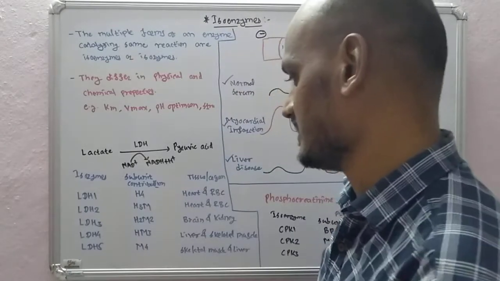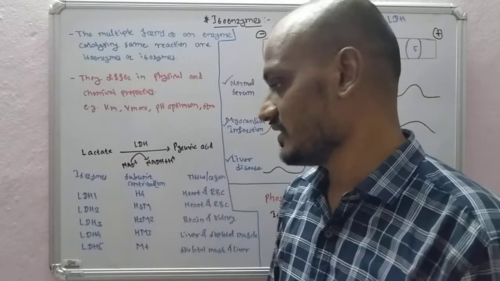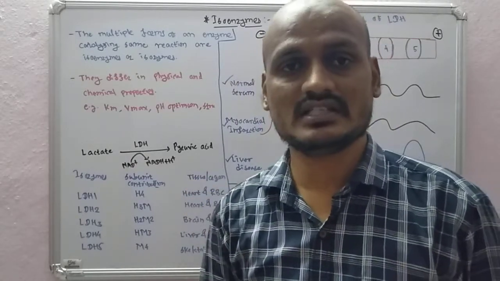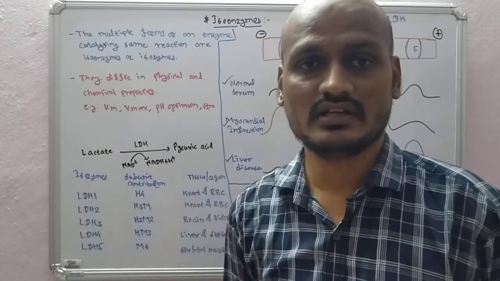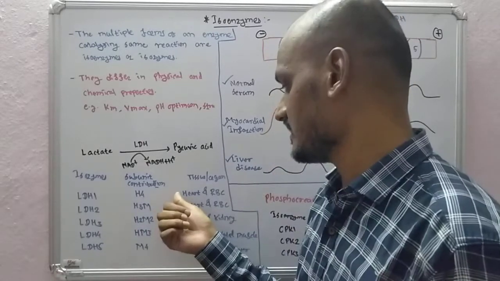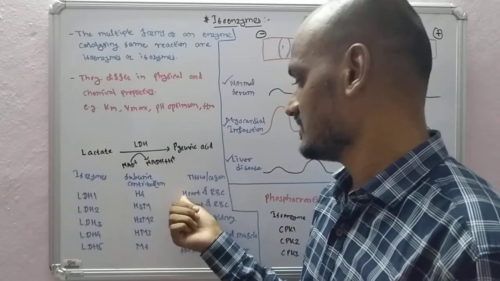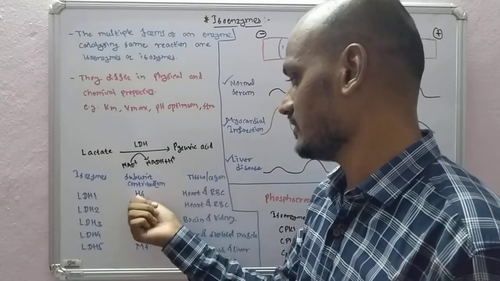So for example, I have some defect in my heart. Which LDH can we expect? We say some defect is there in the heart or muscle or any organ, so this LDH should increase. So LDH is increasing. Which LDH do we expect to increase? See, the heart is here, so H4.